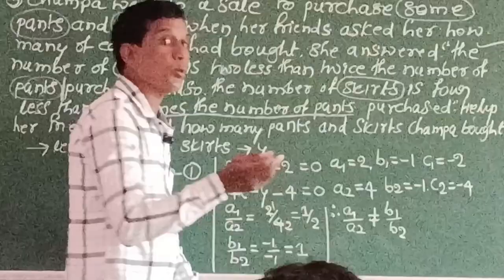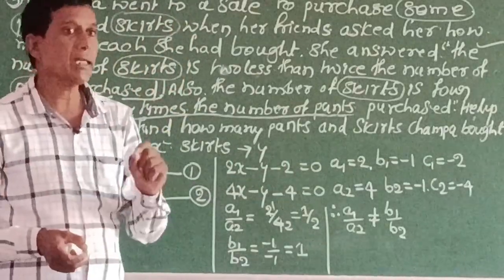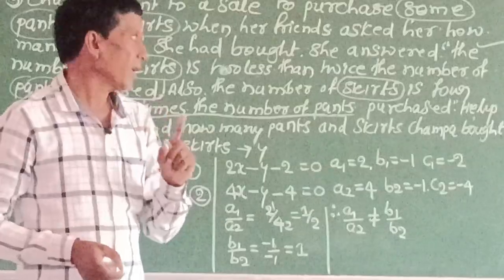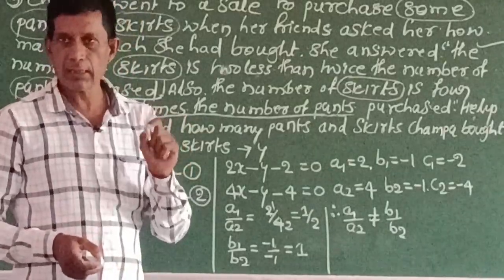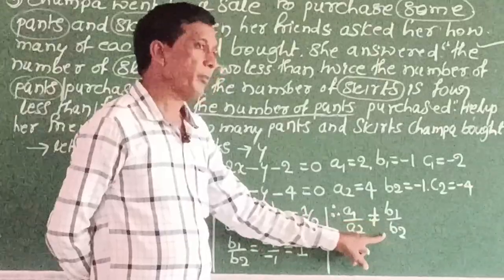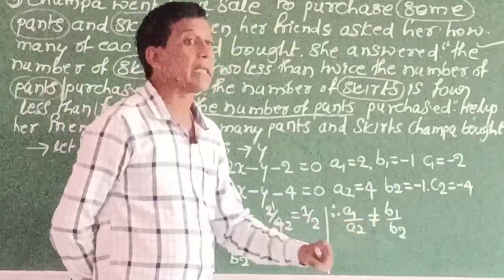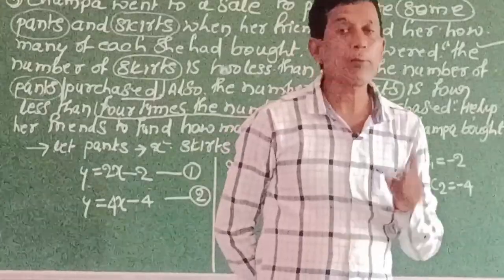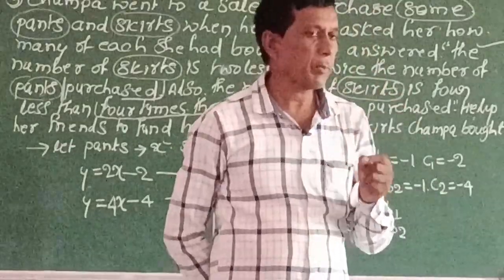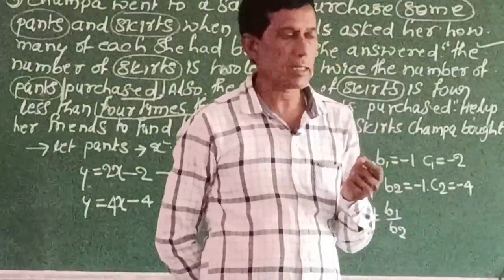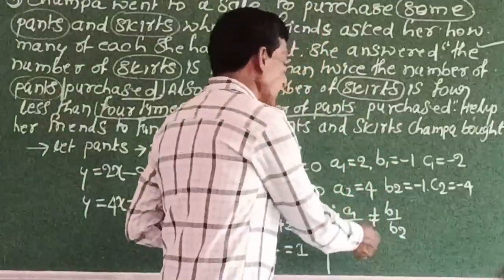So at that time the two lines definitely intersect. Yes, okay, it is the unique solution. It is a unique solution because a1 upon a2 is not equal to b1 upon b2. That rule denotes that the two lines intersect at any one point, any one place. So the answer is a unique solution. So write that down.